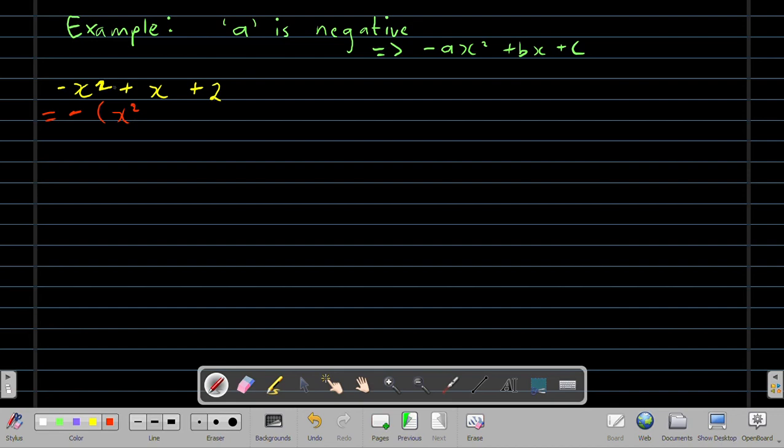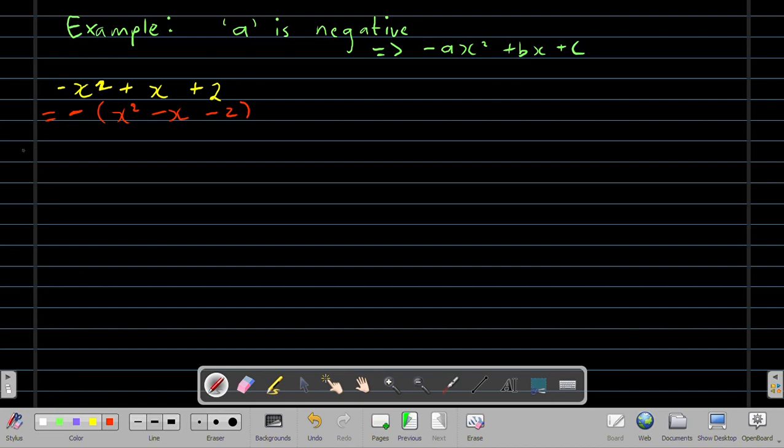So you're left with x squared, then a negative x, and then a negative 2, because in order to get a positive x, you have to multiply the negative 1 with the negative x, and in order to get a positive 2, you have to multiply the negative 1 with the negative 2. After you take out the common factor right there,